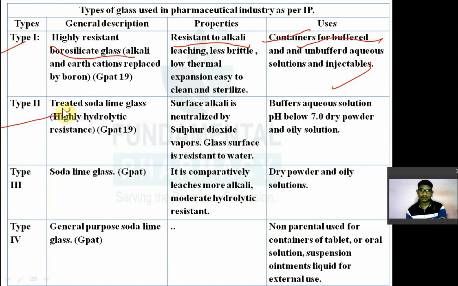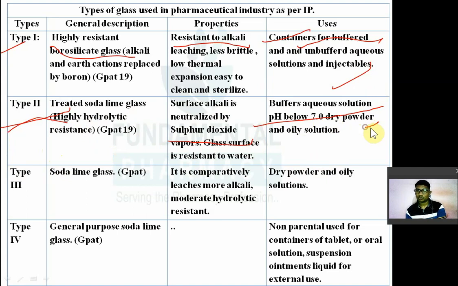Treated means the surface of this glass is treated with sulfur dioxide vapors to neutralize the surface alkali. Whatever alkali is on the surface, from sodium to boron, will be neutralized by sulfur dioxide fumes. So Type 2 is treated soda lime, with sulfur dioxide treatment, and it is used for buffered aqueous solutions of pH 7,